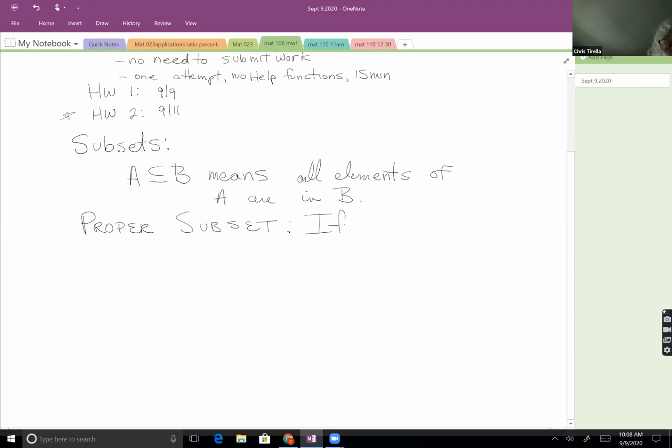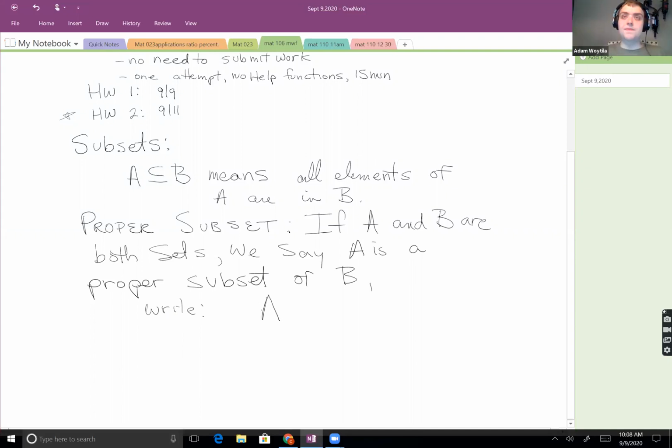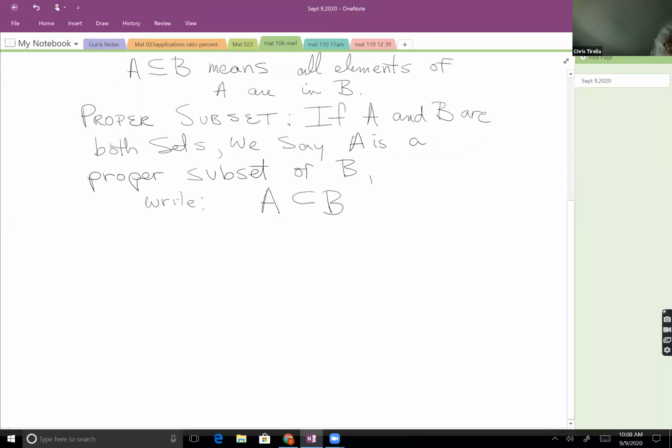So if A and B are both sets, we say A is a proper subset of B, and that will write A is a proper subset of B if